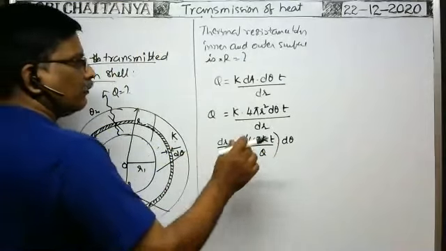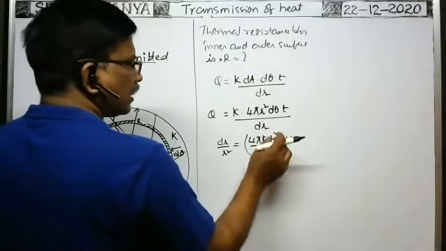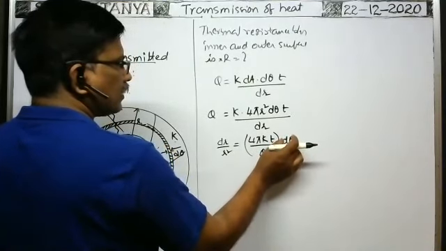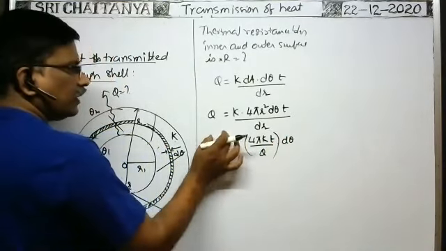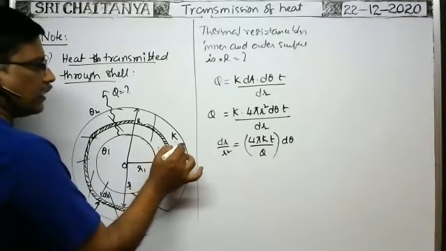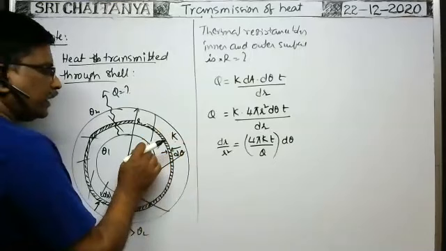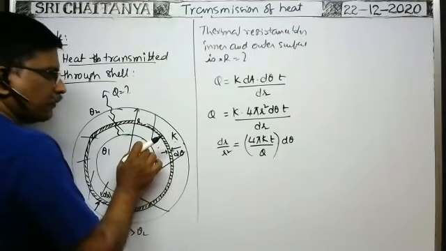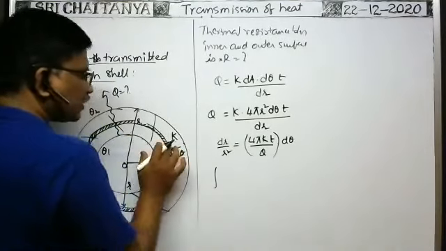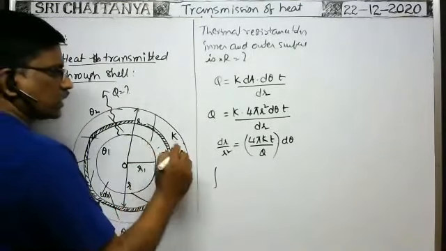Okay, this is the formula for the heat energy transmitted through a small element, across which the temperature difference is d theta and the thickness of the element is dr. This type of element can be imagined from radius r1 to radius r2. That's why the total heat energy transmitted through the inner surface to the outer surface of the spherical shell is equal to the integral of, you consider the elements from the inner surface to the outer surface,